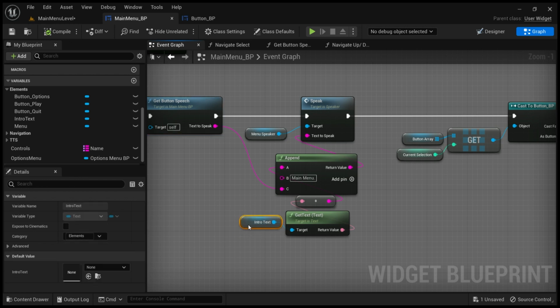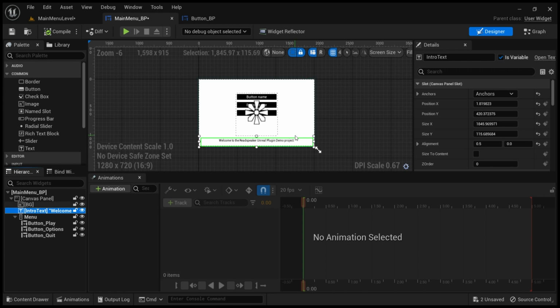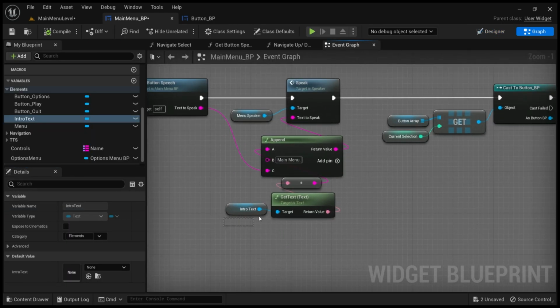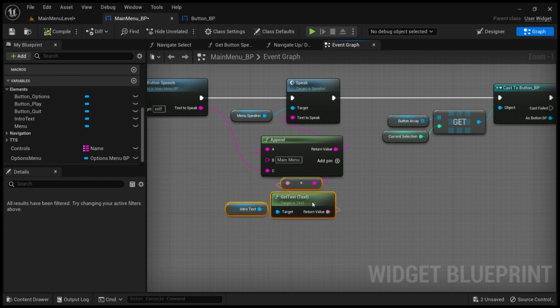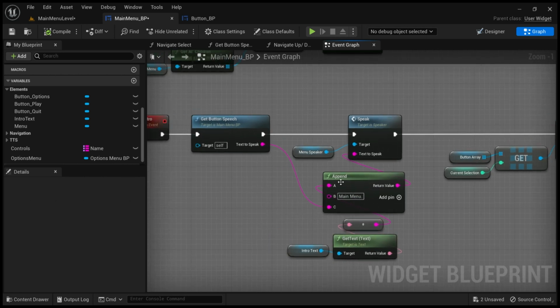So I've got some intro text here. If I go back onto here, my intro text is this down here. And I'm just appending a string, which is the introduction text, goes in first, as you can see there. Then I've got set in the context, so it says this is the main menu. And if you had that as a title, you could just plug that in the same way I have with